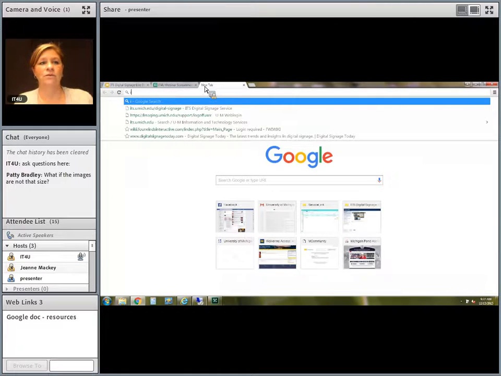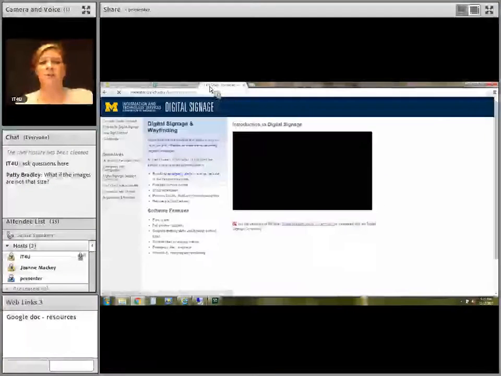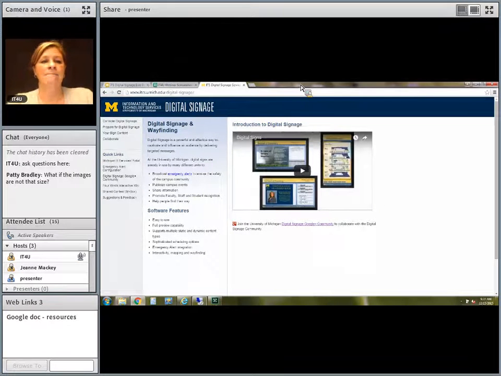We are adding new content as frequently as we can crank it out, and as we learn more about what capabilities we have. So if you needed to configure your sign for emergency alerts, or if you wanted to set up some live data to pull MBUS information, not just the kiosk view with the map, but you can actually pull from the code and see when a bus is arriving at a particular stop, when the next bus is arriving. There's a variety of things that you can pull from the MBUS data.